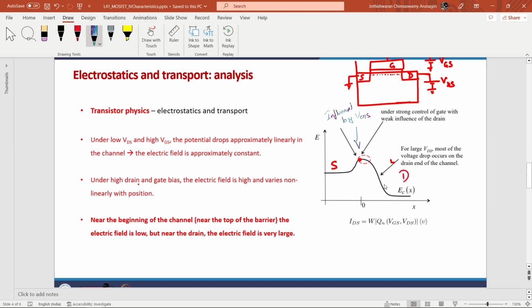The thing to remember is that when VDS is small, this slope can be assumed to be linear. So over here I can say that for small VDS, the slope is